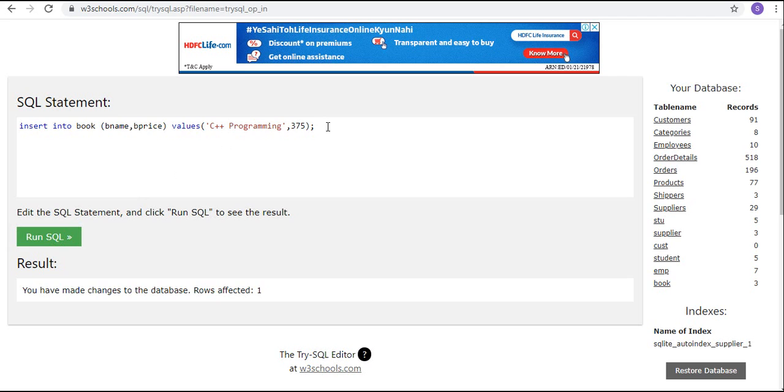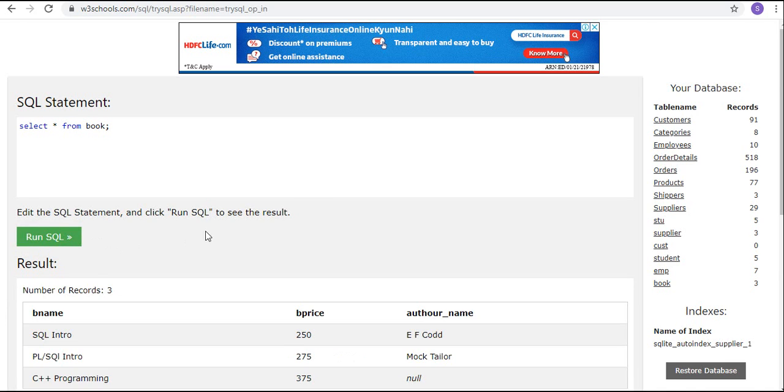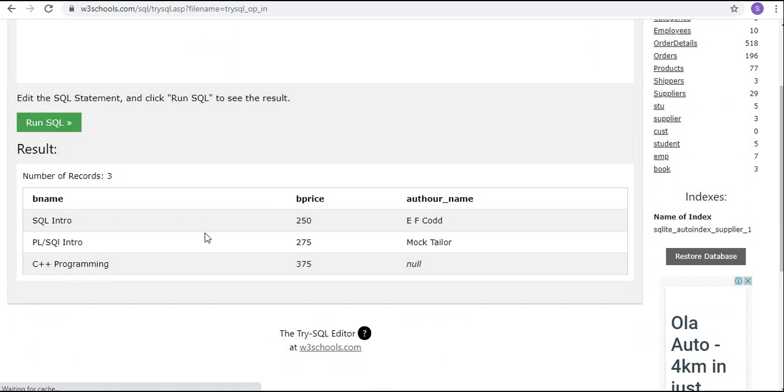Now how to see the contents we have inserted? For that we have the select command: select star from table name. What is the table name? Book. So select star from book, then you can see all the records you have inserted.